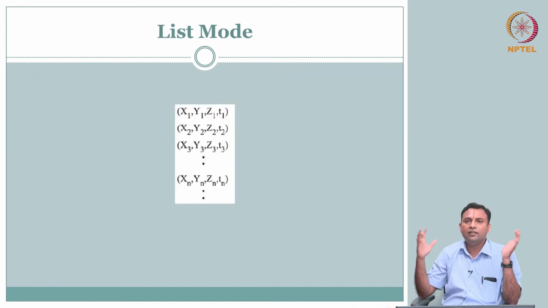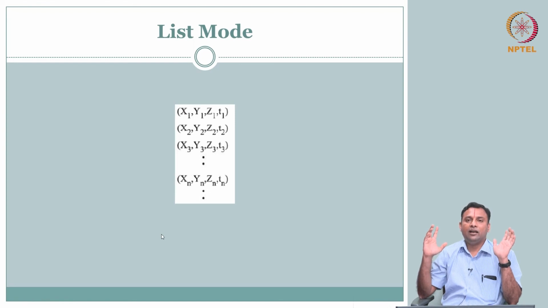What is a list mode? I am not giving any image or anything. This is just listing. So you collect this data and report the data in the form of a list. So I will have x1, y1 for each scintillation event. I have n scintillations, so many photons came out. In that scintillation event, the amount of energy, and what time it occurred. So I just have a list view of this. The advantage of this is kind of raw data that is well organized.